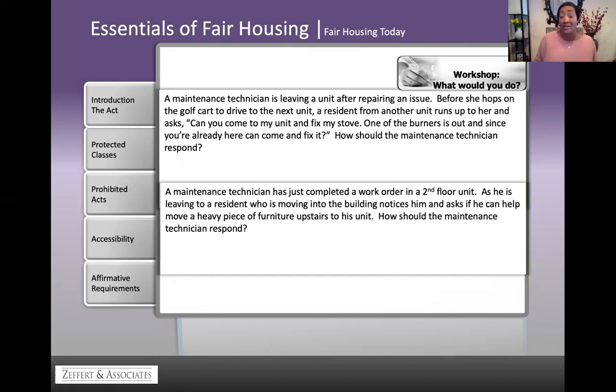It's also shown by showing favoritism. What you do for one resident, you have to do for them all, but you shouldn't be doing this at all, because again, you could get hurt. It is a huge liability for the owner of the company should that maintenance technician decide, well, yeah, let me go ahead and help you move this heavy piece of furniture. You have to deny that resident their request for you to help them, because you are not allowed to do this.